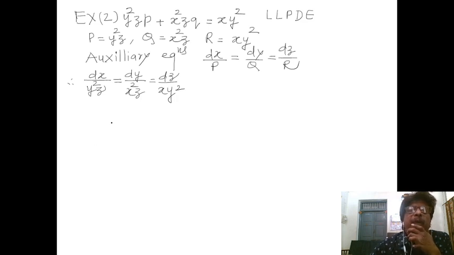So, in the first pair of equations, we can cancel the variable z from the denominator and it goes, and hence it is absent over there. Therefore,